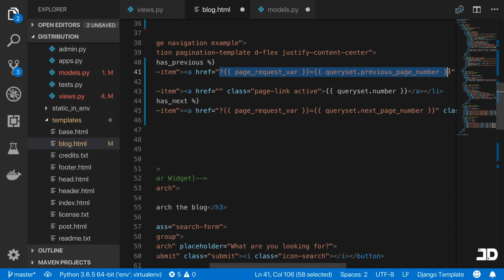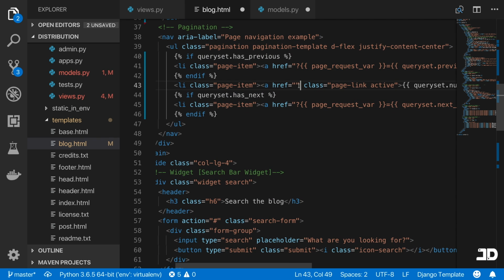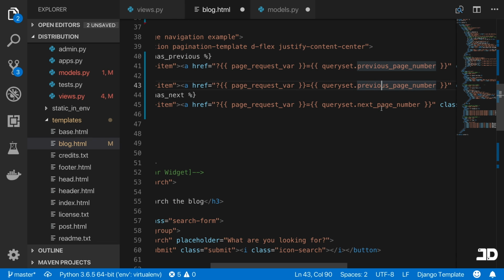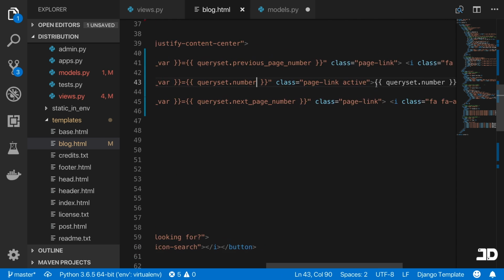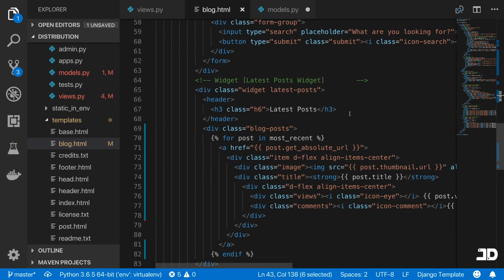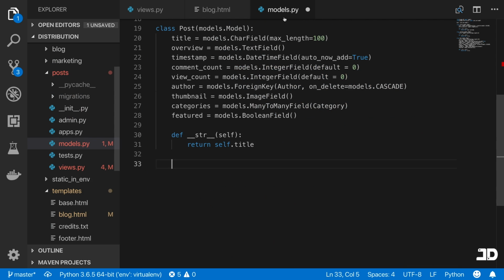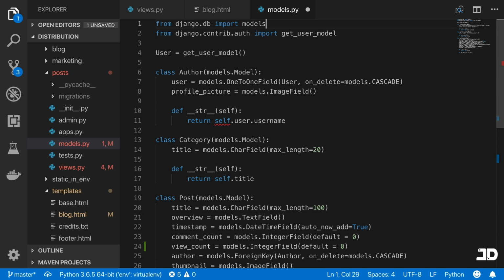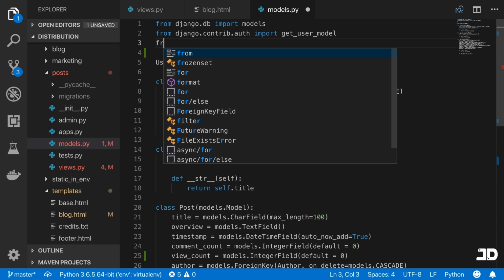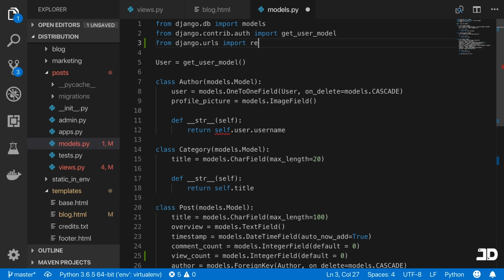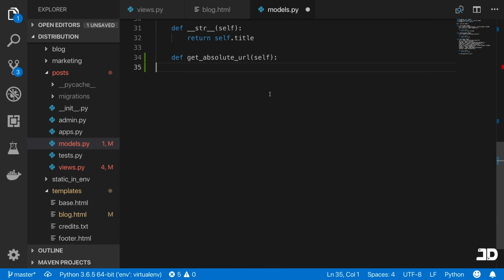We can just copy that one in the pagination just to finish that off. So that'll be page request variable equals to query set dot number, so it just takes us to the same place, and there we go. Cool. So let's just come back down, and now we need to actually create this method. So we'll say define get absolute URL, and it's going to take in self, and then we're going to need reverse, which is a specific method from URLs. So we'll say from Django.urls import reverse,